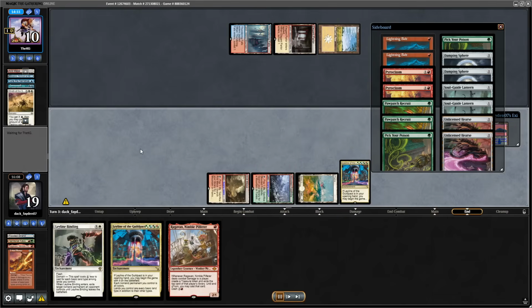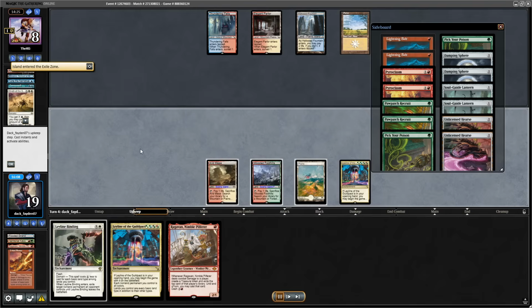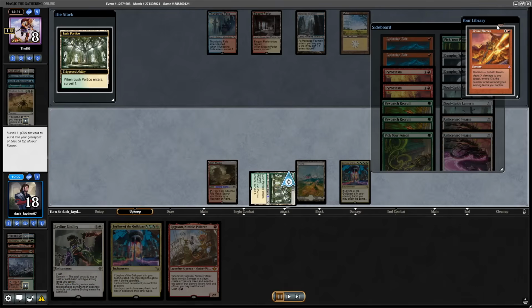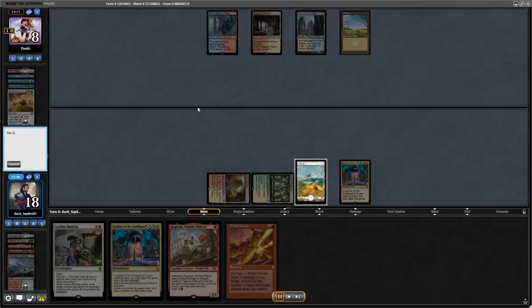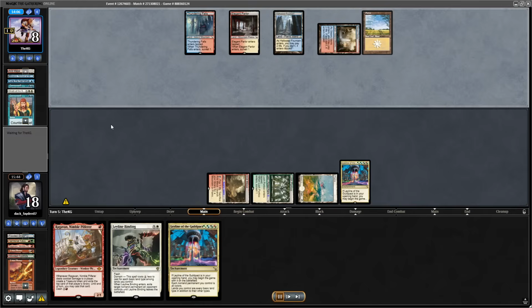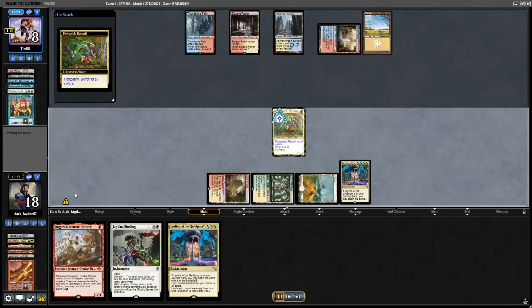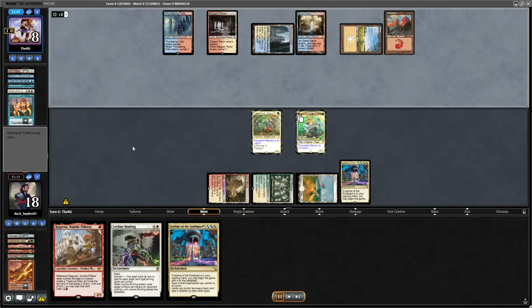So I dash Ragavan, Tribal Flames them, put them down to 10, and they also shock down to 8 life, which definitely gives me a kind of advantage. I didn't want Ragavan here. So I decide to go for Tribal Flames, and here I like the recruit in a situation like this